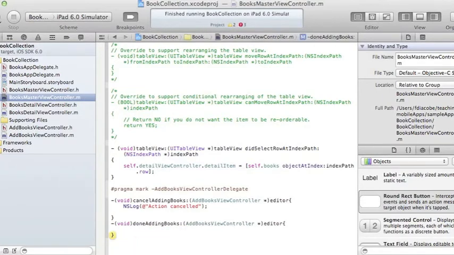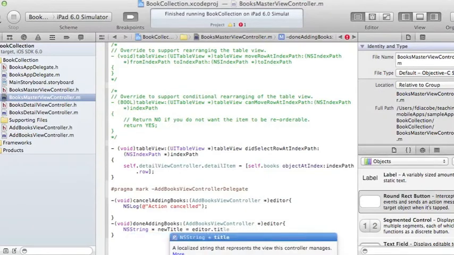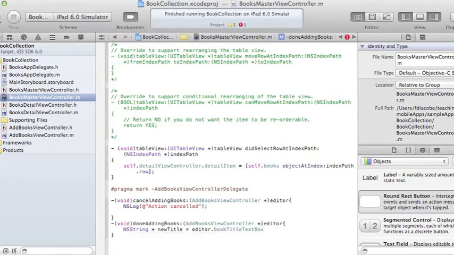I'm also going to get the editor. What I'm going to do is get the editor's text field text. So I'm going to do NSString new title. It's going to be equal to that editor, basically the window where it came from, dot, and the text field is the book title text box dot text. Okay, so my new title is going to be that, and then I'm going to add this new title to my array. So self.books, remember that's where I had my array, addObject new title,